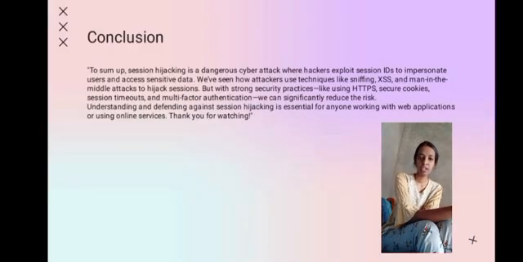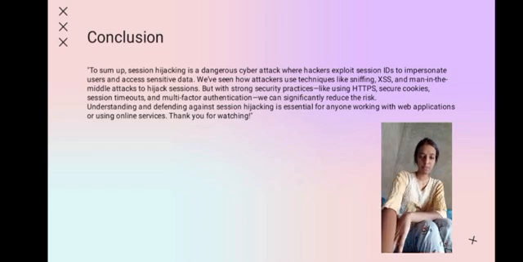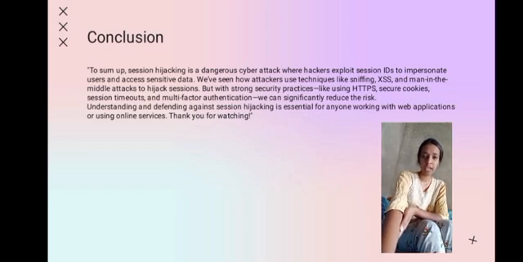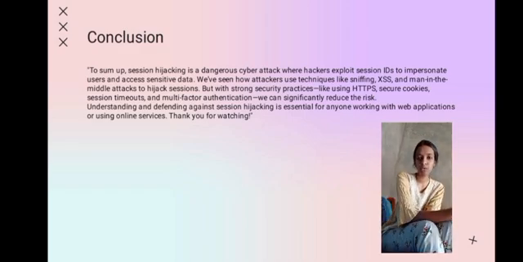So here is the ending of our topic. Now I explain the conclusion of this topic. To sum up, session hijacking is a very dangerous cyber attack where an attacker exploits the session ID to impersonate the user and can access the sensitive data of a user. Also, we have seen how hackers use techniques to steal the login details or any details of the user, such as cross-site scripting,